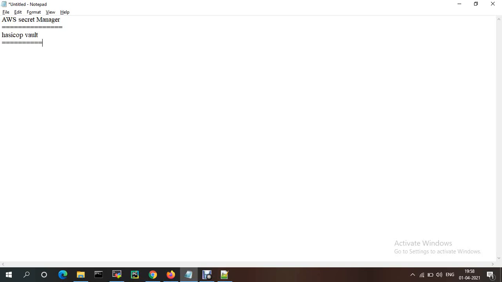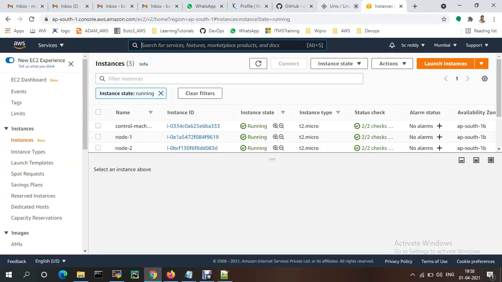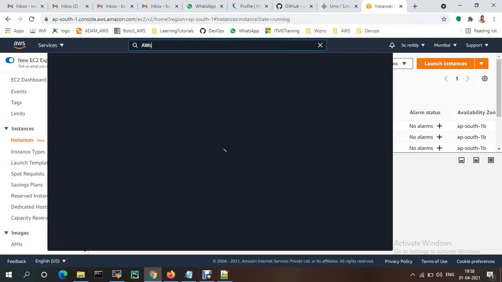Let's do it with the Ansible AWS Secrets Manager.